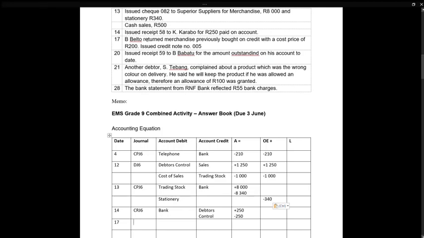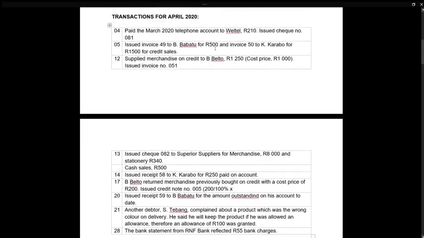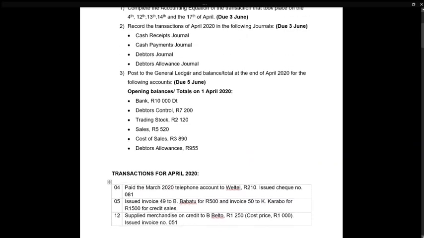Okay, so remember, B. Balto is a debtor. We need to decrease the selling price from his account because he doesn't owe it to us anymore. Right, so 200 Rand divide by my cost price percentage, multiply by my selling price percentage. In this case, they did tell us the profit margin